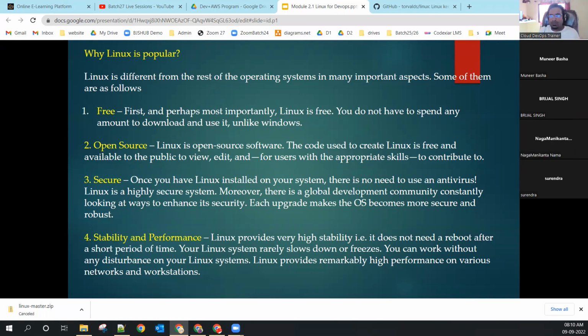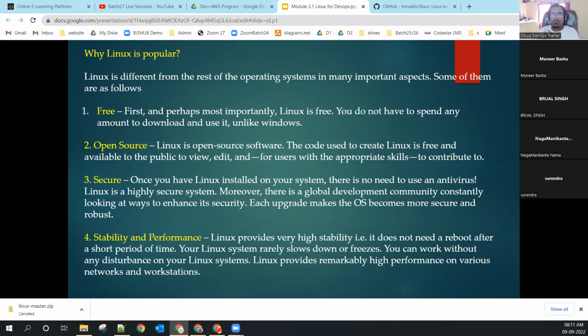High performance. Okay, why are you saying high performance? Can you elaborate on this? When compared to Windows or other operating systems, it processes tasks very fast. Yeah, it will process fast. Why? Yes, Munnar is giving the correct answer, but he's typing only one by one. No, I need a group answer. Why?